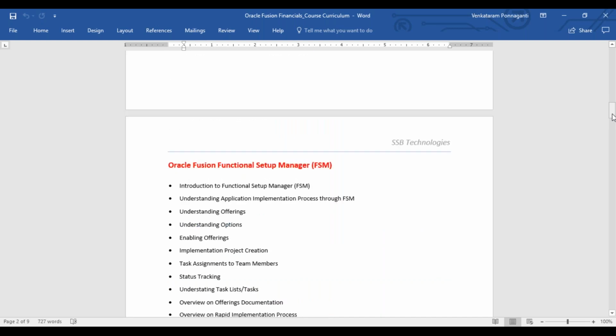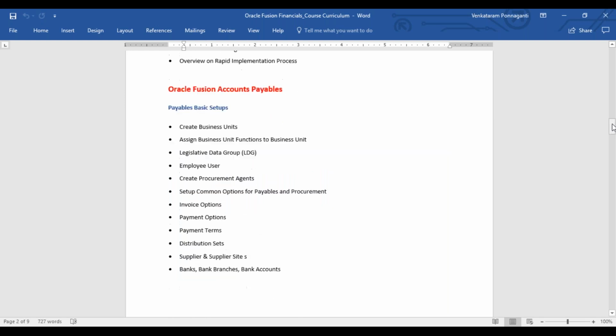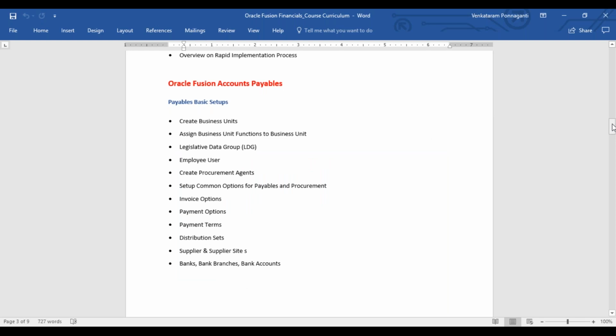As far as the Fusion functional setup manager, which is a kind of centralized setup manager for Fusion, is concerned, this is where we will be creating the user, and we will be leveraging the user with different offerings and options based upon the roles and responsibilities that the user belongs to. So in this Oracle Fusion functional setup manager, we will do all the setups that are required, and we will do the basic setups required for access as well,